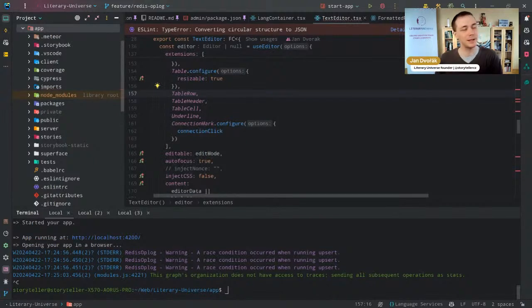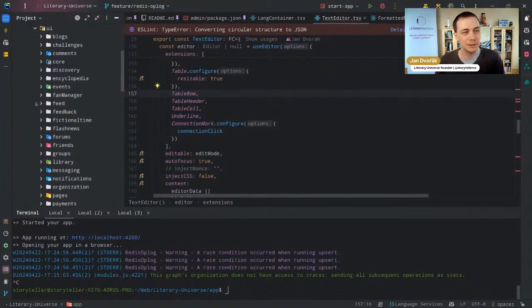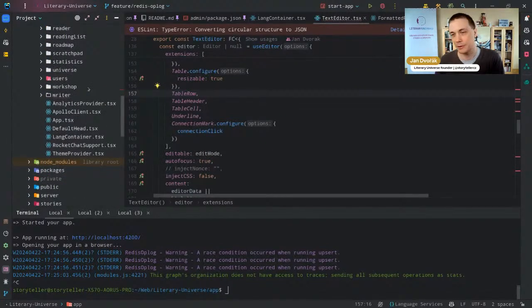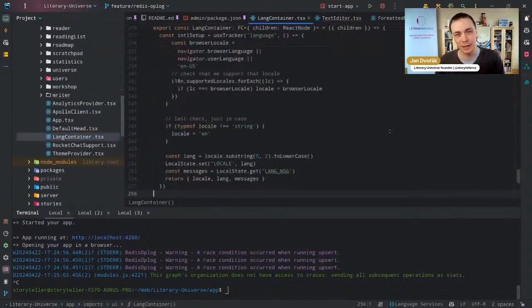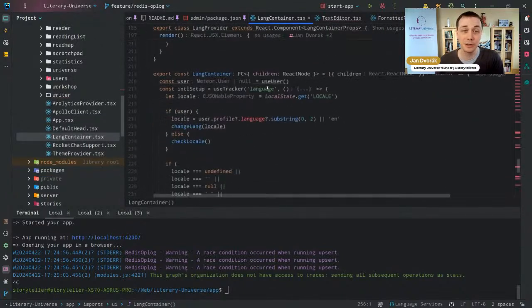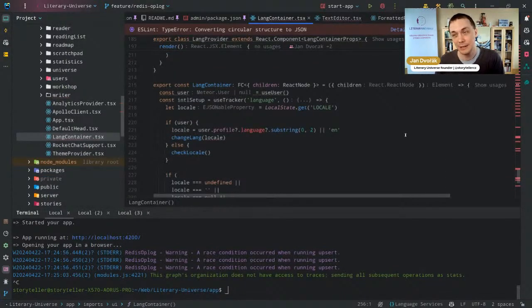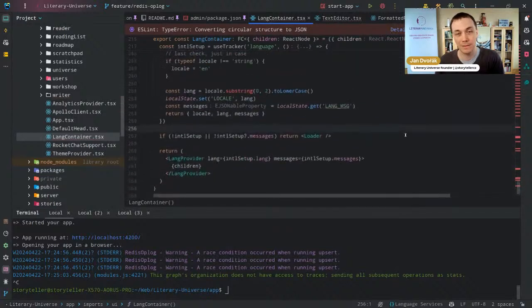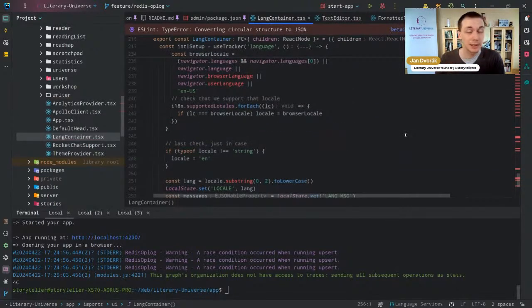Hello there. So if anybody is proficient in React or has seen similar crazy things happening, I would be super happy for any help or pointers. I get an issue here with the lang container that complains about hooks, but everything I've tried has not worked for that. And I will not bother you here on the stream with trying to debug this any further. So